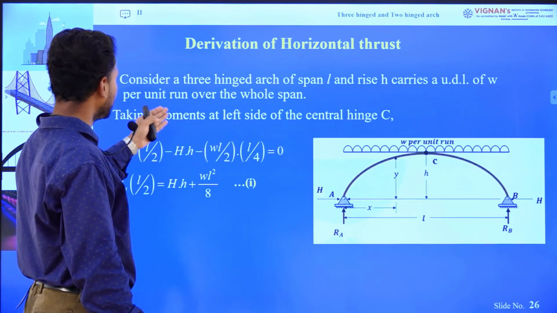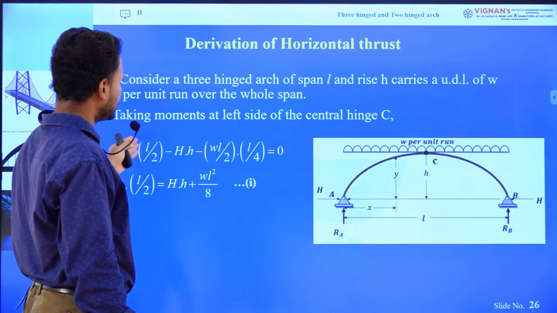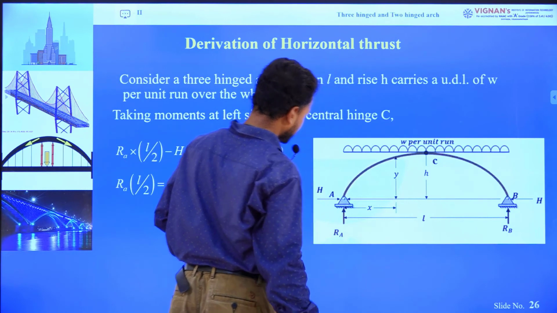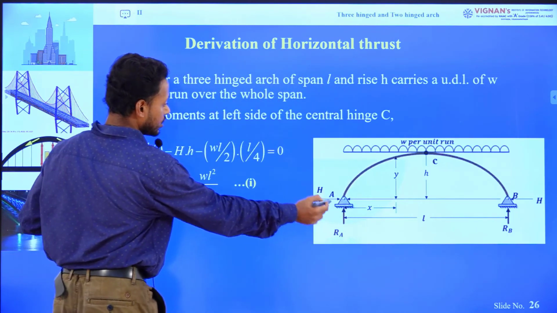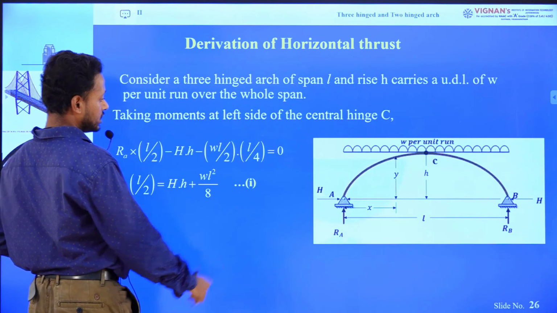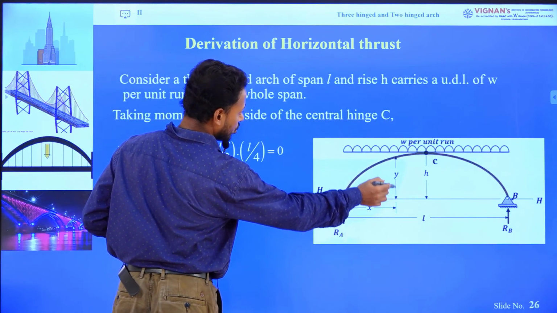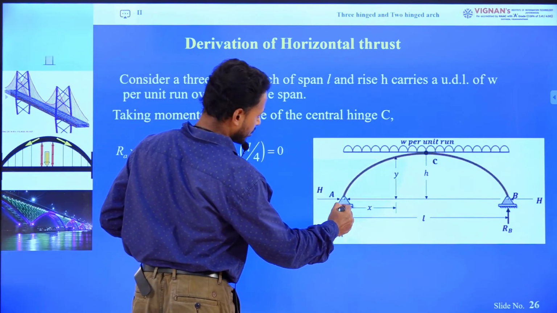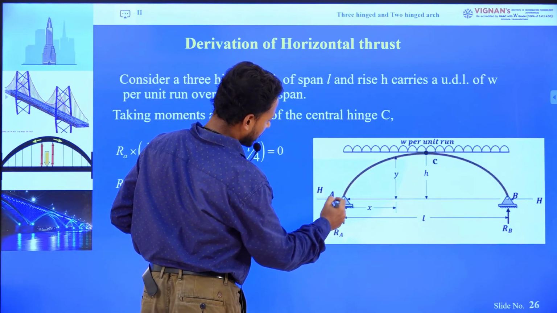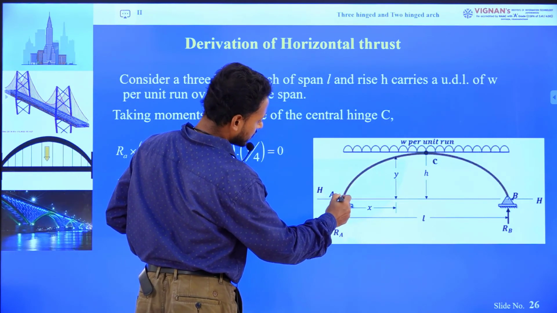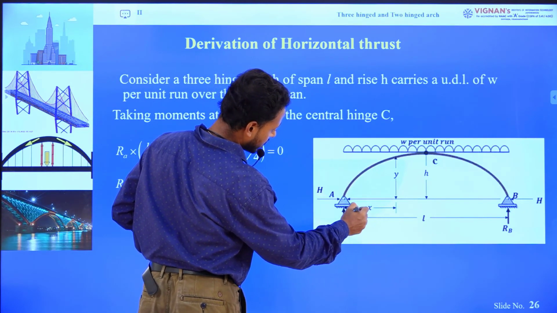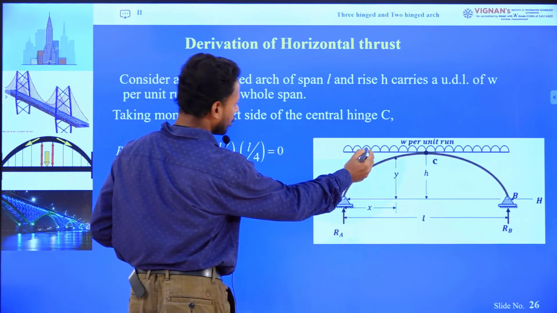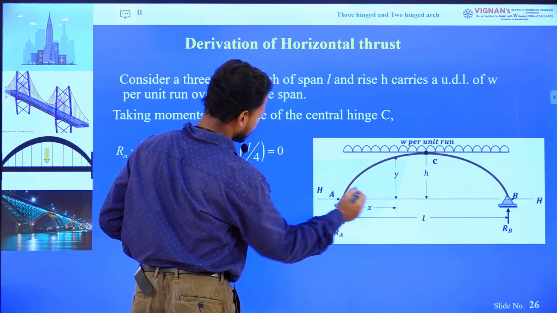So considering this three hinge arch, if we take the bending moment of the left side of C, we have RA into L by 2 minus H into H, this capital H into small h. This force is trying to rotate this arch in this direction, but this horizontal thrust is trying to rotate this arch in this direction. So this will be negative. So minus H into h. Minus, this load is also trying to rotate this arch in this direction. So minus,